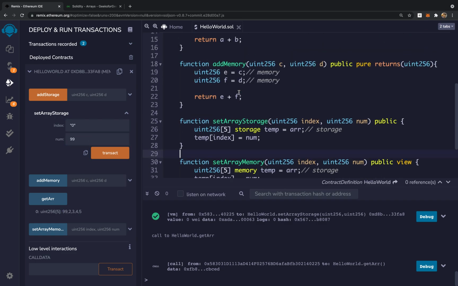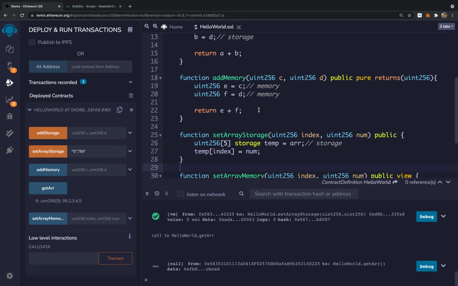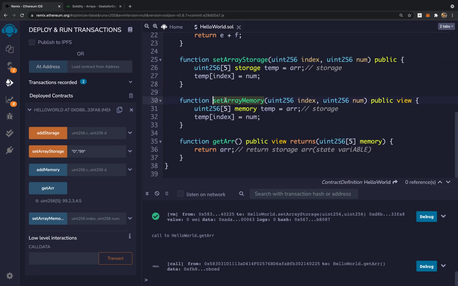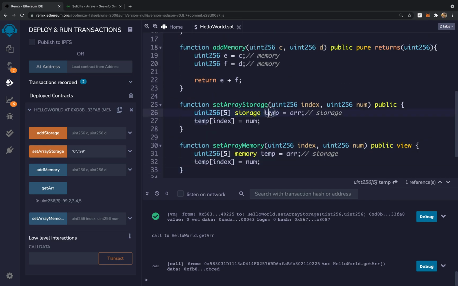Now if we run the same lines of code, now let's pause here and try to understand what just happened. So when I declare a variable as storage, what happens is that this temp variable is exactly same as the array,